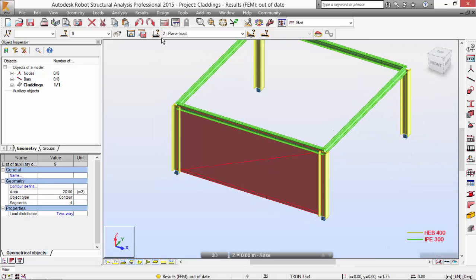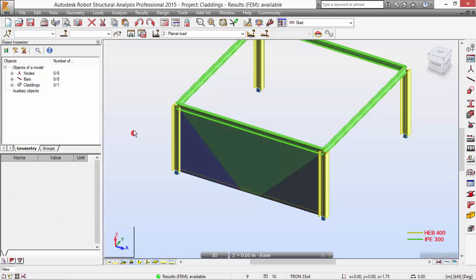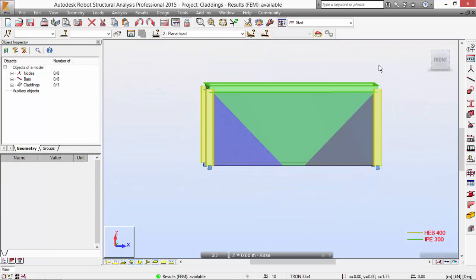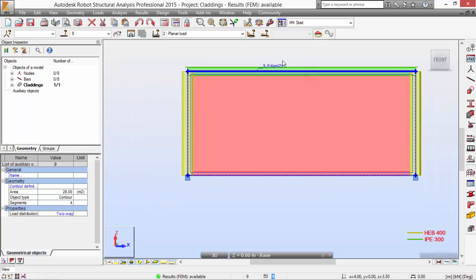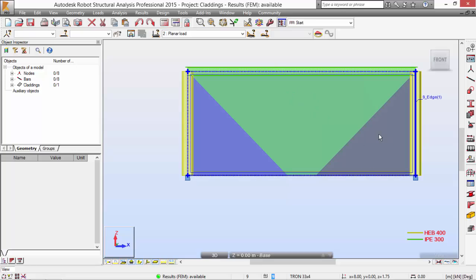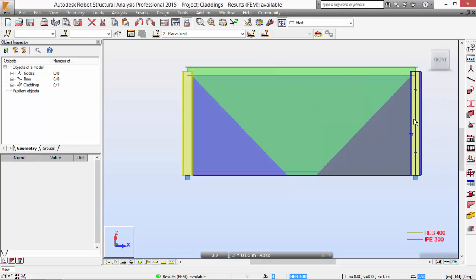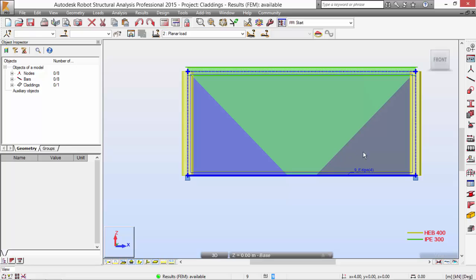and you may check the load distribution by these colors. The beam is picking up the green area and the other columns are picking up the other